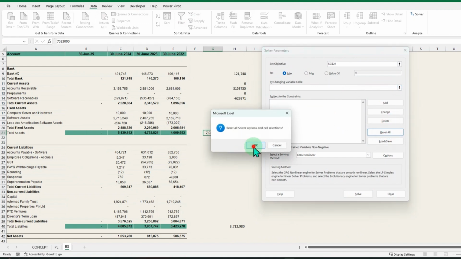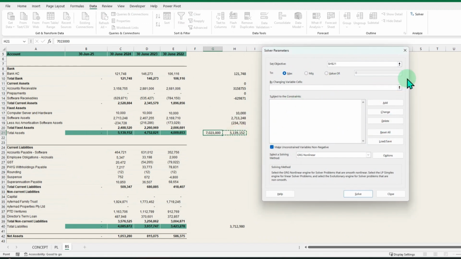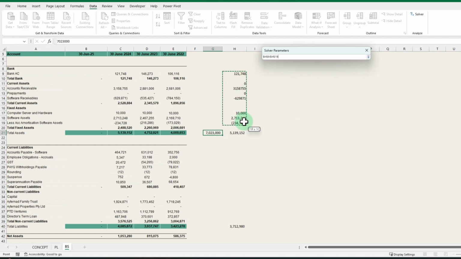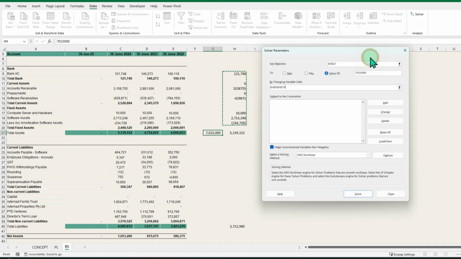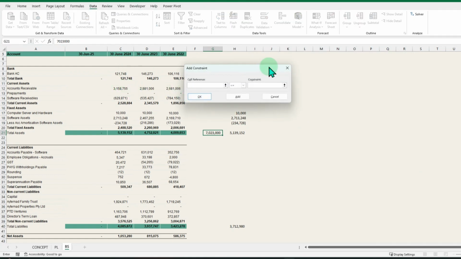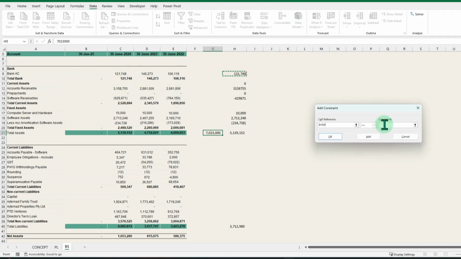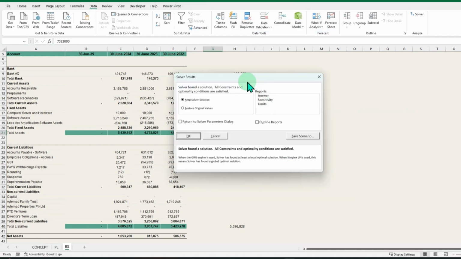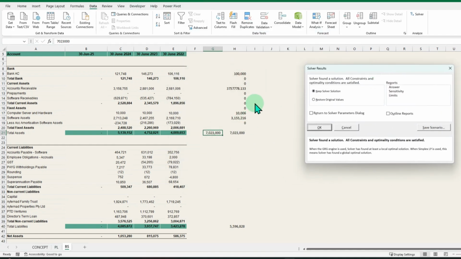and just reset everything. Now I will select this one with the value of, you cannot select value here, so we need to type it, and then I want to change this, and then I want to add some constraint that my cell should not be more than 1 lakh. Okay, and the rest can okay and solve. Now I get this data,